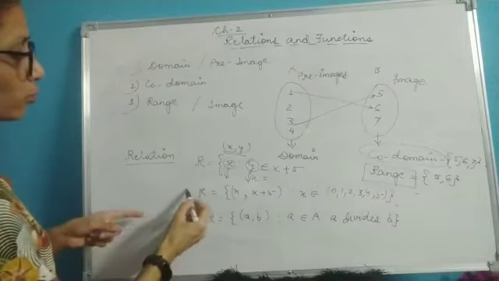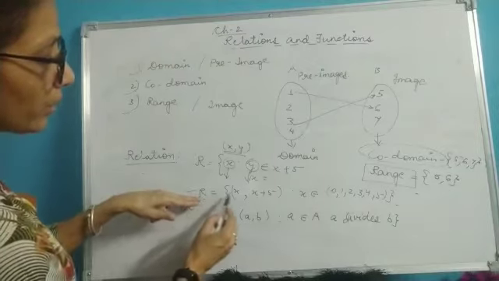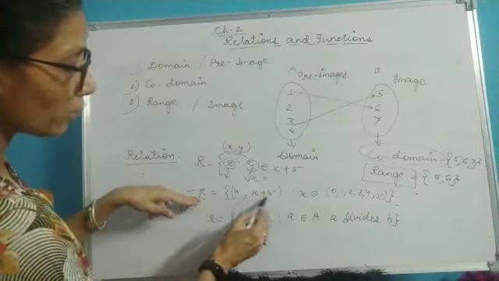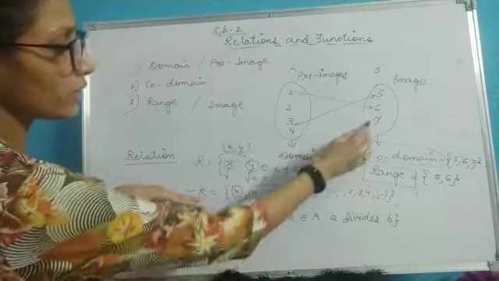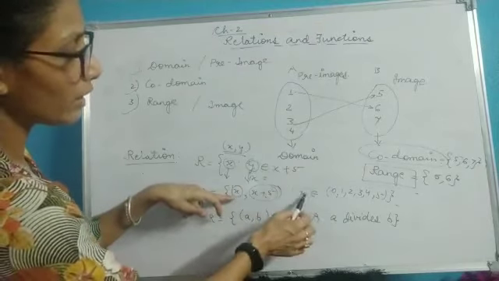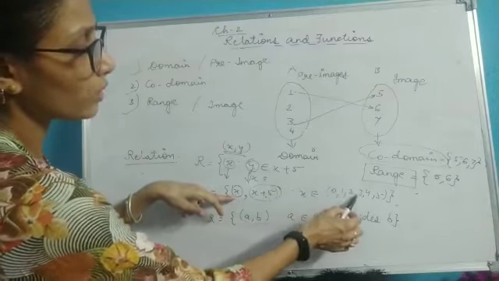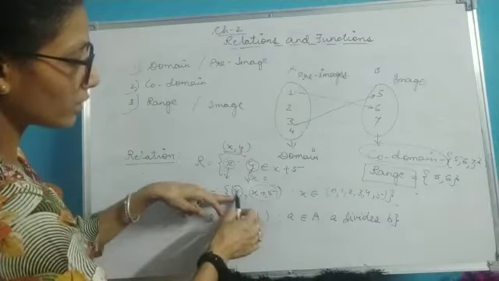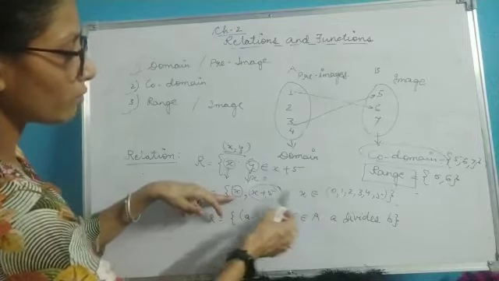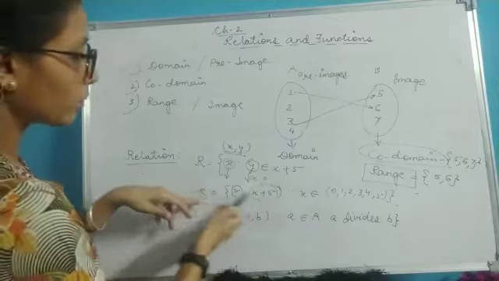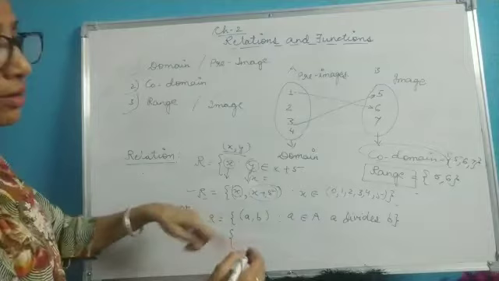So these are two examples of representation of relation. We can represent relation as an ordered pair, where this is the element of set A and this is the element of set B. That means you will be getting x and x plus 5 as x belongs to 0, 1, 2, 3, 4, 5. If x is 0, then x plus 5 will be 5. So you will be putting the values and finding the elements of A and B. Say my relation is given like this, I can find out the relations. That means I can write the ordered pair.